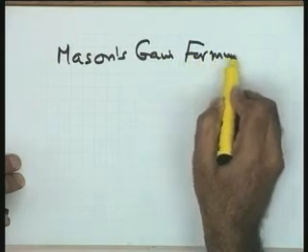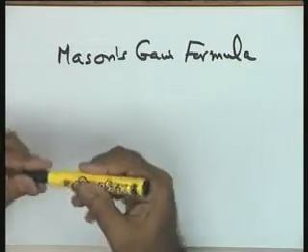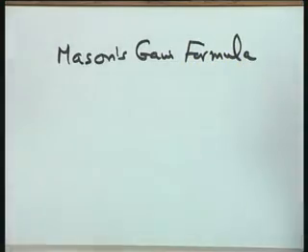For that, you will find that no block diagram manipulation is required. Mason's gain formula can directly be applied on a block diagram, though it is easily visualized in terms of signal flow graphs. Please see, it is really not necessary to convert a block diagram into a signal flow graph, you can apply the result directly. But since the visualization in terms of signal flow graph is more convenient, I will like to first convert a block diagram into a signal flow graph and then apply Mason's gain formula to get the overall transfer function between the output and the input.